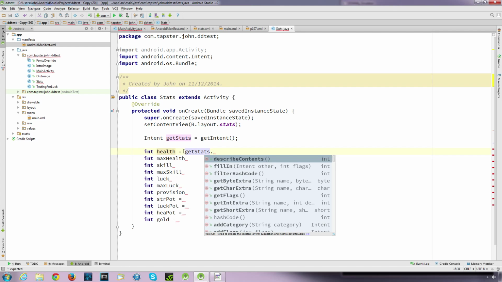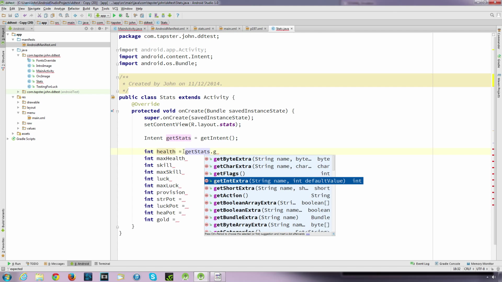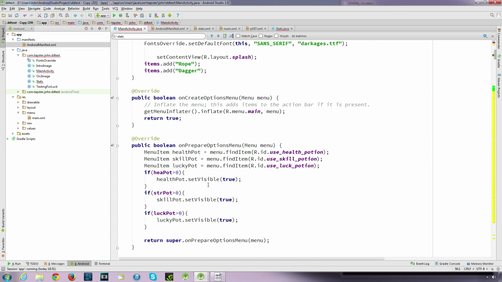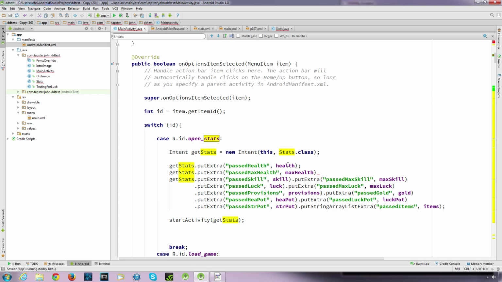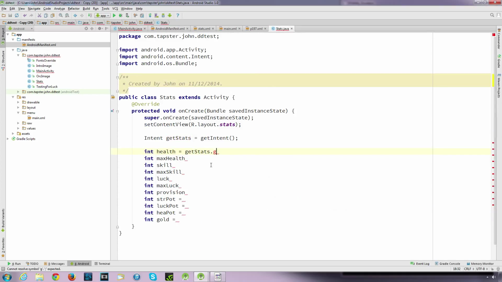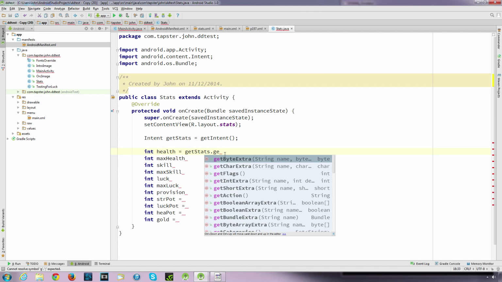we want to, instead of put extra, get the data basically, but we need to specify what value we're getting. So in this case it's an int, because we passed an integer. So this value is an integer. We want to collect it as an integer because we're declaring it as an integer. So get int extra,